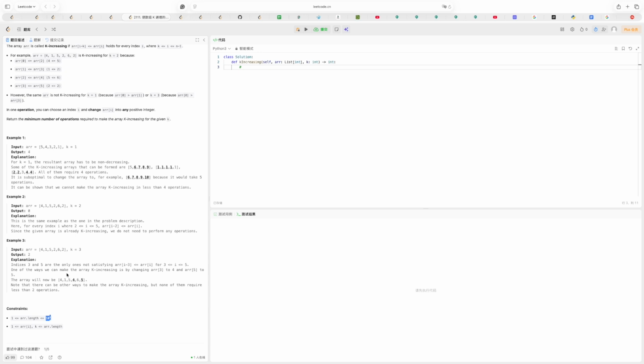I came up with an idea: if we add the first element to the tail, like 5, the next element we should look at will be the index of 5 plus k. So in the first example, it will be 4, which has the index of 1, and